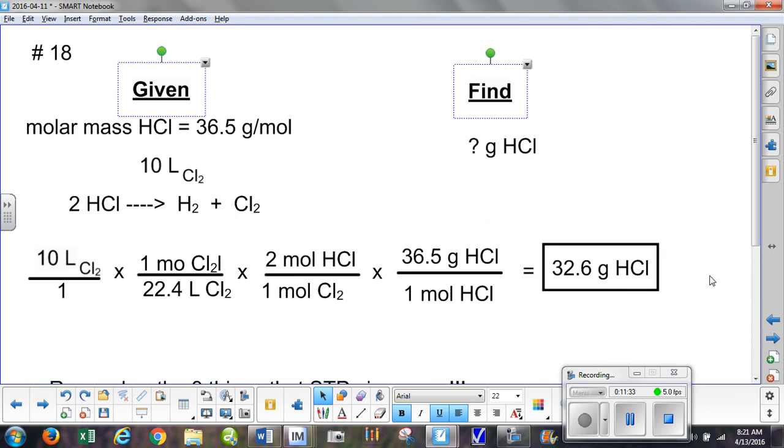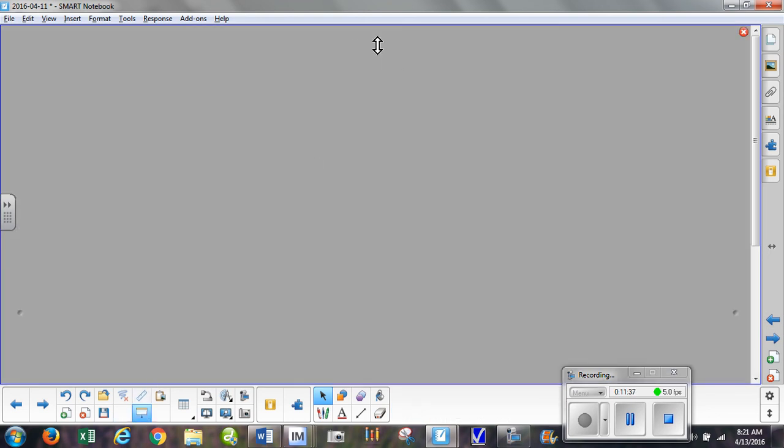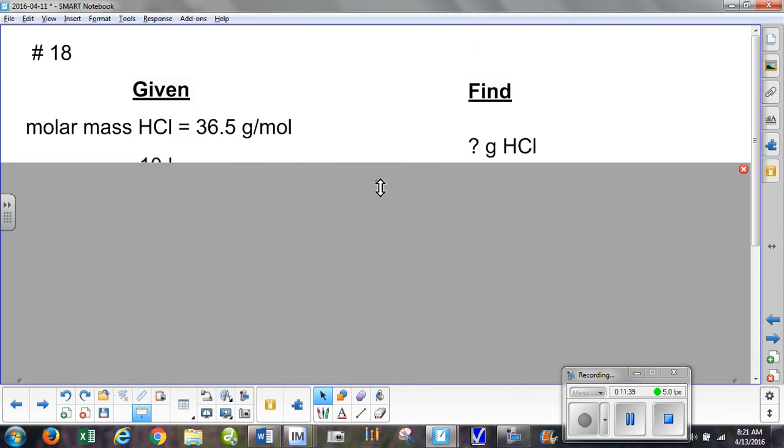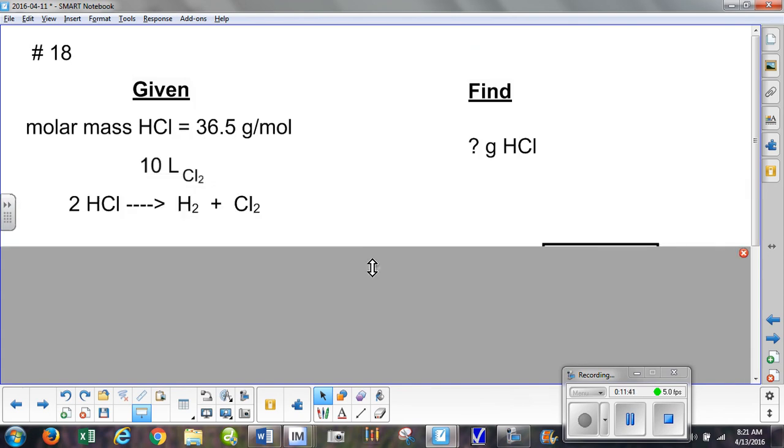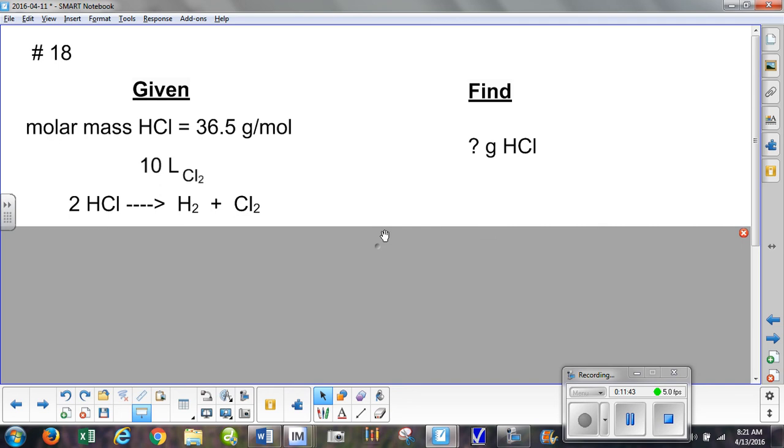This guy, this was probably the most complicated one that you had. And let's go through this again. We went through this before, but it needed to be revisited because at least half of both classes in period 5 and 6 couldn't do it. So, molar mass was given. That's part of the problem. Are you looking at number 18? Look at number 18. See where that comes from. How did I dig that out of there? Okay, you need to learn to read your